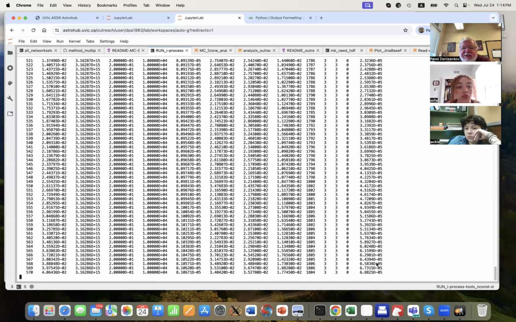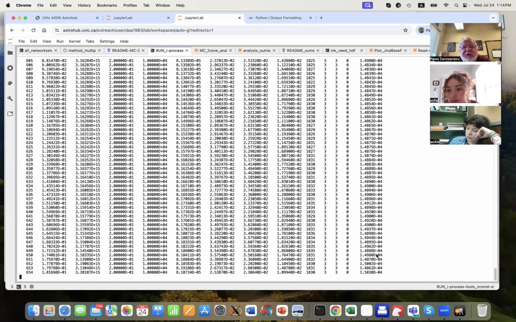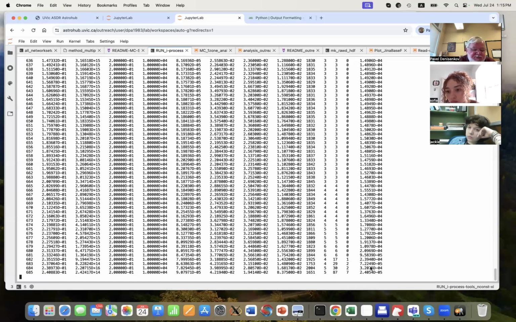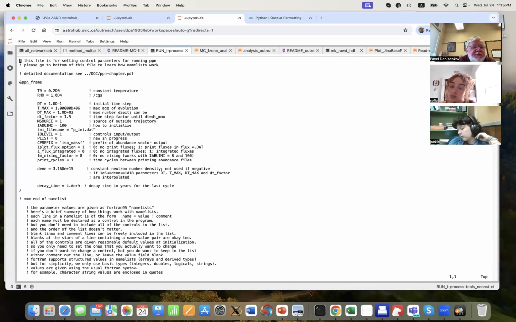Yeah, you see this last column here, which is now increasing, which is a bad sign, because this last column is actually the correction to abundances, and it's supposed to be decreasing, okay? Because this method automatically stops calculation when this correction becomes small, but you can see it's increasing, and now the code has problems, yeah. So this is a real problem, okay? So I'm going to stop this and clean. So PPN frame, let's check. This is because you have higher neutron density, I think, okay.